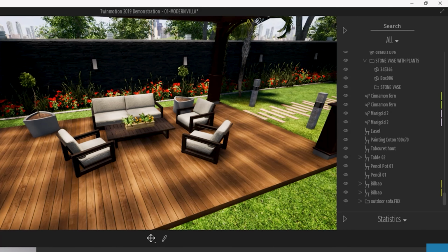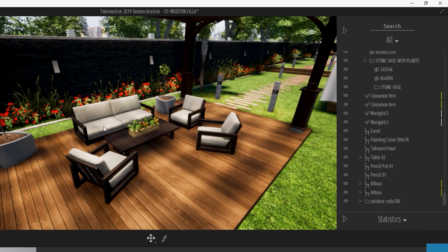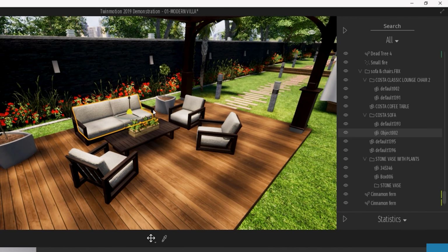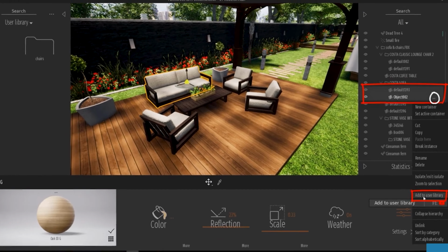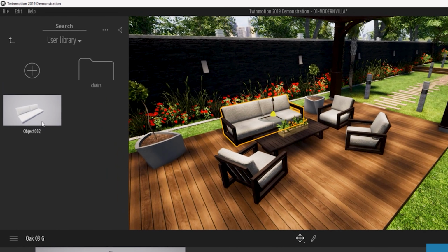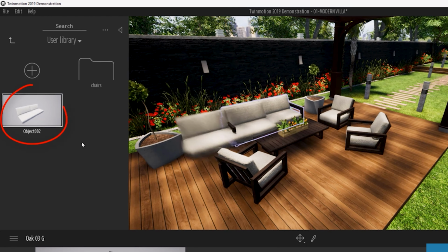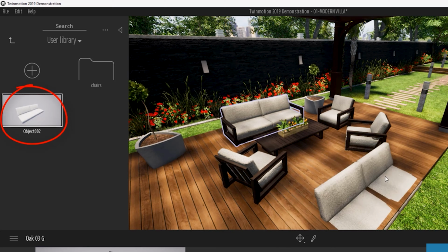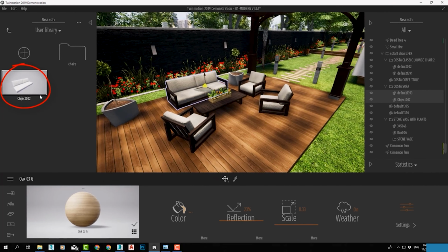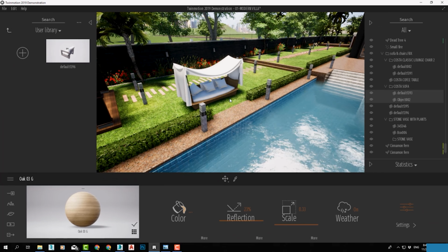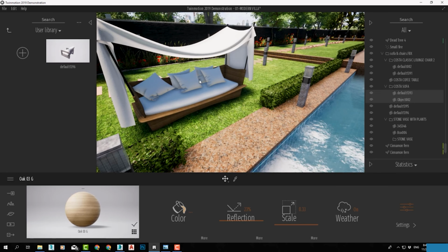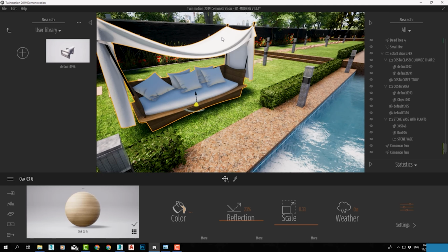Let's say I want to have this sofa in my library, and I highlighted its components in the object list. Right-click and Add to User Library. In this case, only the cushion got added and not the whole sofa. To have it correct, we should either have everything attached as an editable poly in 3ds Max before we import,